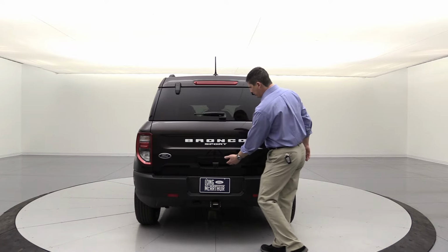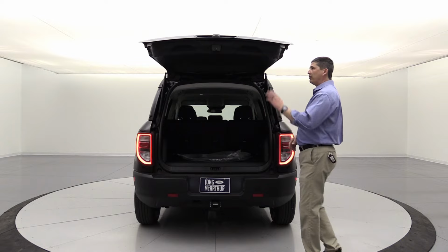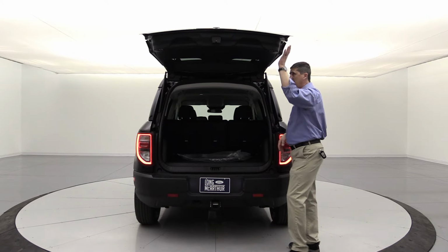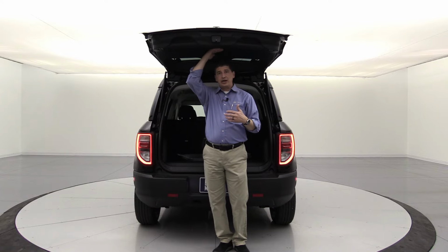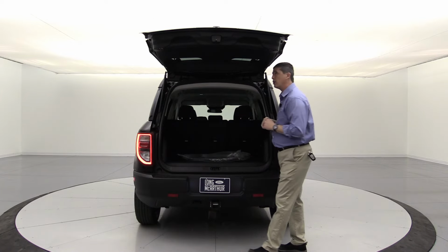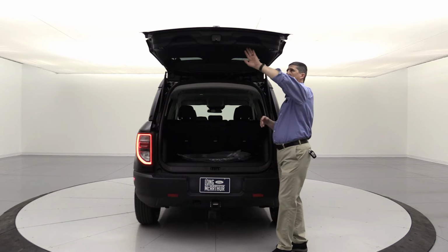There's a door latch right there to the right. So just click that. When we pull it up, it is a manual lift gate for you. And this is all the way up. I'm about 5'11", so you can see 6 foot's probably the max to get under here without going down a little bit. In here you will see on the back of the hatch, not only are the grab handles,